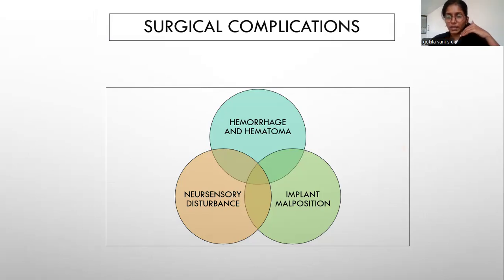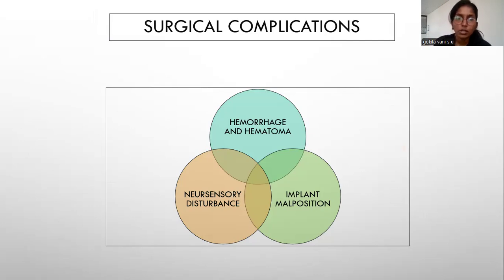If we encroach this space of the inferior alveolar canal, obviously the patient will land up with paresthesia and implant failure, and implant malposition leading to a failure wherein you cannot place the prosthesis, and the general surgical complication which is hemorrhage